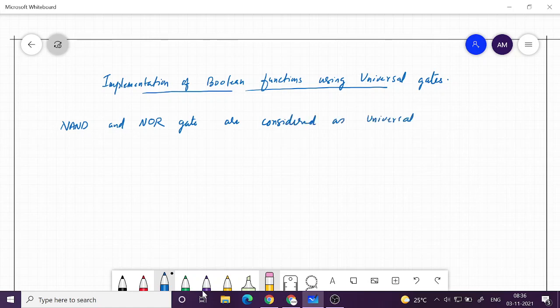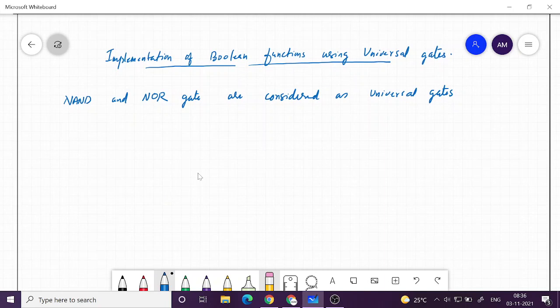The reason for this is you can implement any Boolean function using only these gates. So these two gates are considered as universal gates. So let us see how we can implement various other gates using NAND gates.